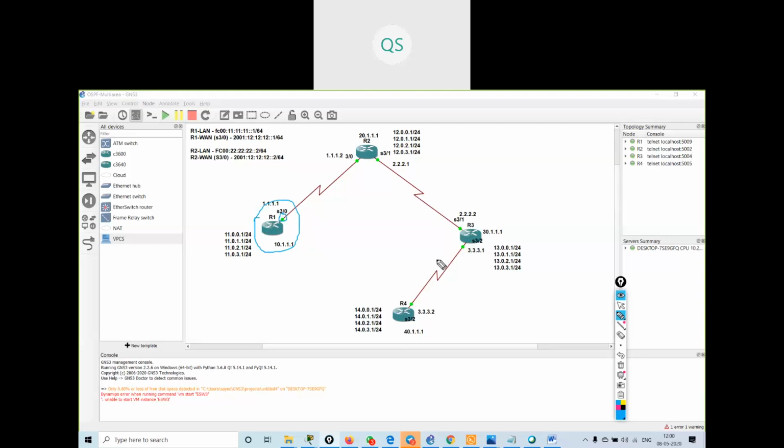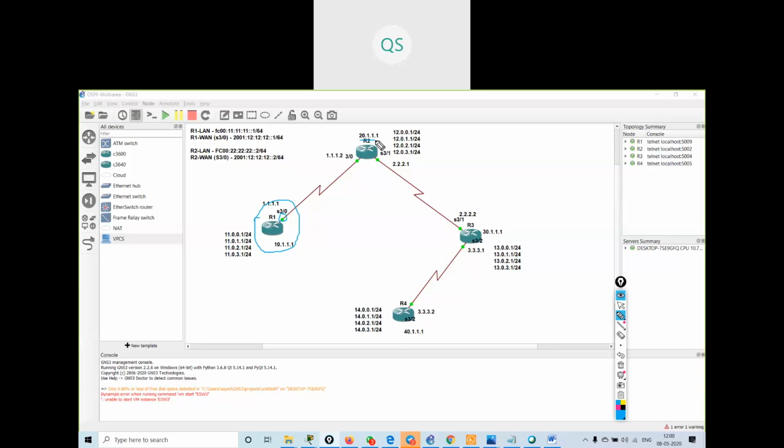I want my LAN device of R2 to get an IP address from this R1 device, like what we used to configure as DHCP in IPv4.